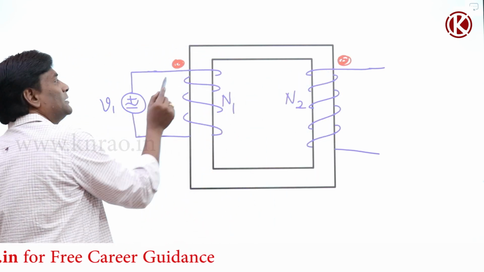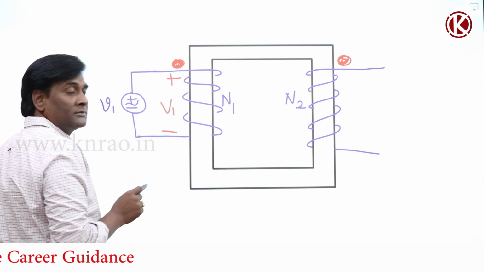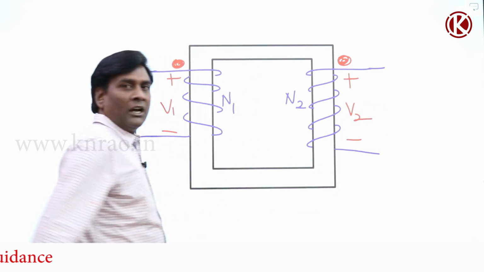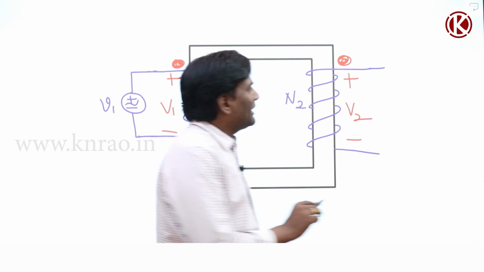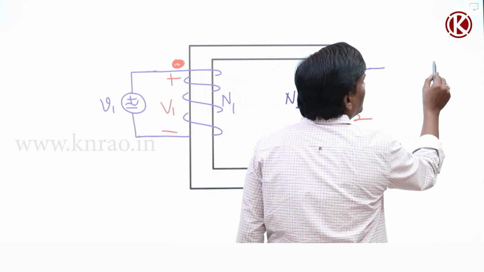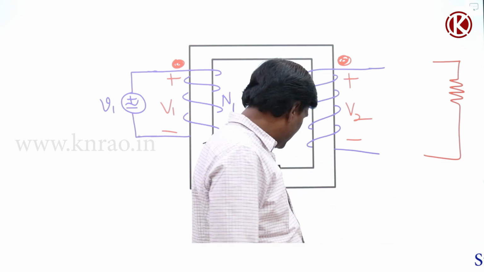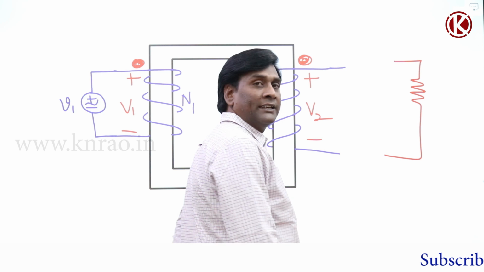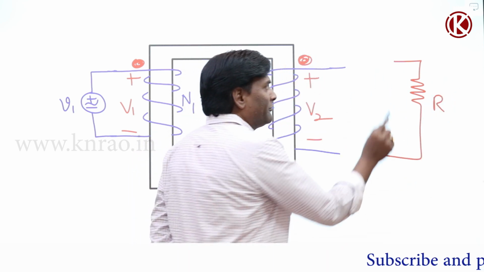When this is positive, negative V1, positive, negative V1. Whenever this is positive, this is going to be positive, negative V2. And V1 by N1 equal to V2 by N2. Now if I connect one resistance, for example, if I have one resistance R here,